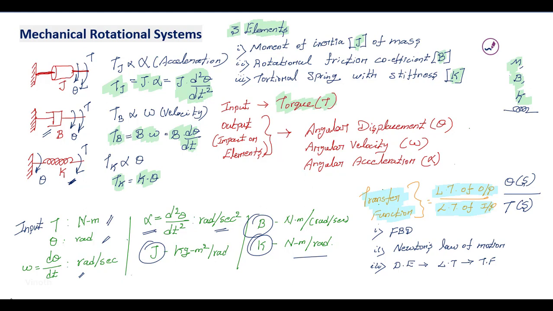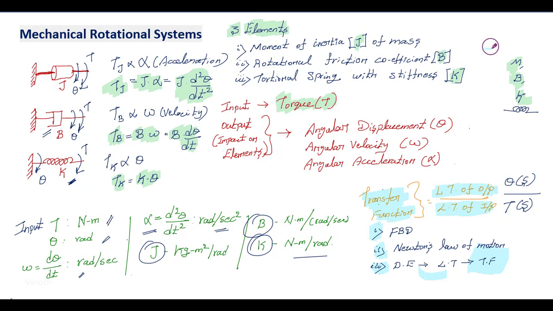When we are going to find a mathematical model of a given system, the step-by-step procedure we follow is first plotting the free body diagram, which will help us extract the torque equations based on the number of elements present in the system. By applying Newton's laws of motion, we can extract the differential equations, and from the differential equations, by rearranging the equation and applying the Laplace transformation, finally we will be able to find the transfer function, that is the mathematical representation of the system given.